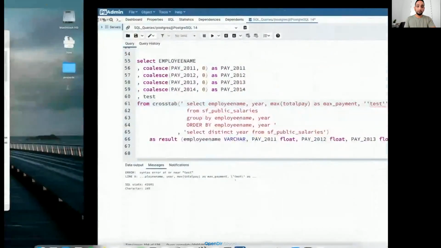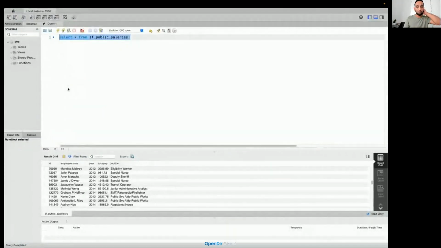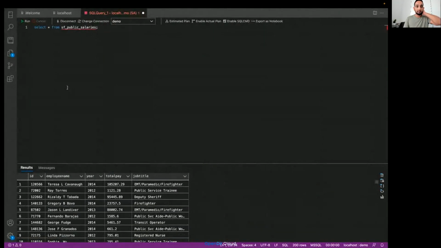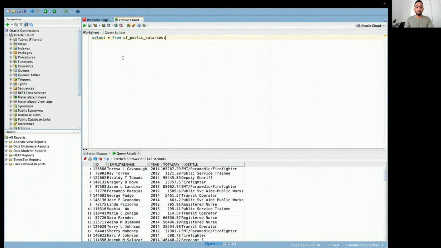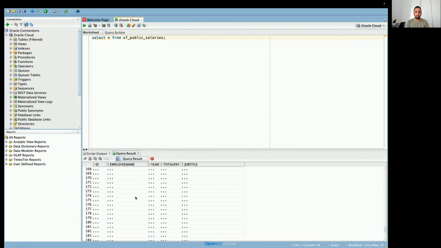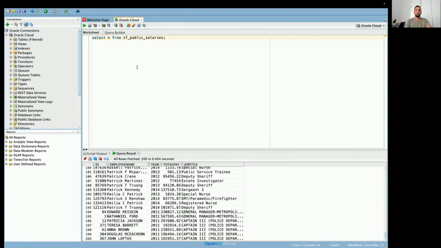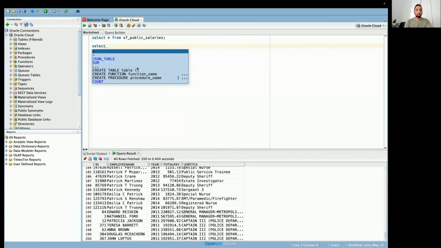Okay, because some of you guys will not use crosstab, you may use pivot. So what I'll do is, let's say I'll go to Oracle first. Okay, so in Oracle we have something called pivot. And I have already created this same table, so it's having the same 200 records here. Now in Oracle we do not have crosstab, but we have pivot, and the syntax for pivot is, I just need to say